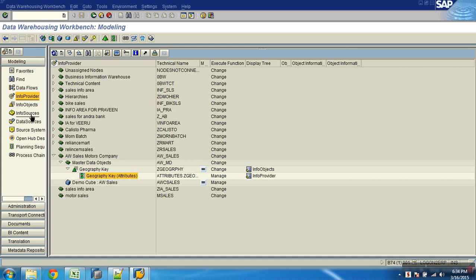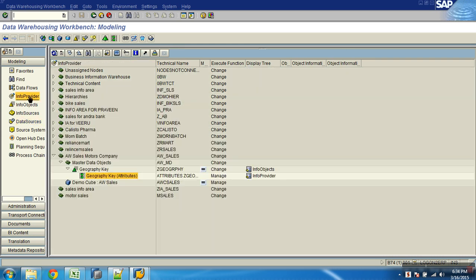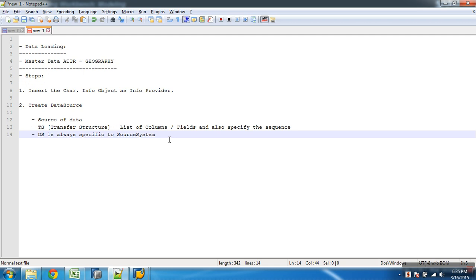Remember your data source name. Just select this data source. I need to connect both of them, so I'm doing mapping here. The data source has fields, my target has attribute info objects. Now I need to say which field in my data source will populate data into which info object in my target. Mapping between these two is what you perform with transformations. Clear? So next step would be what? Third step, what?